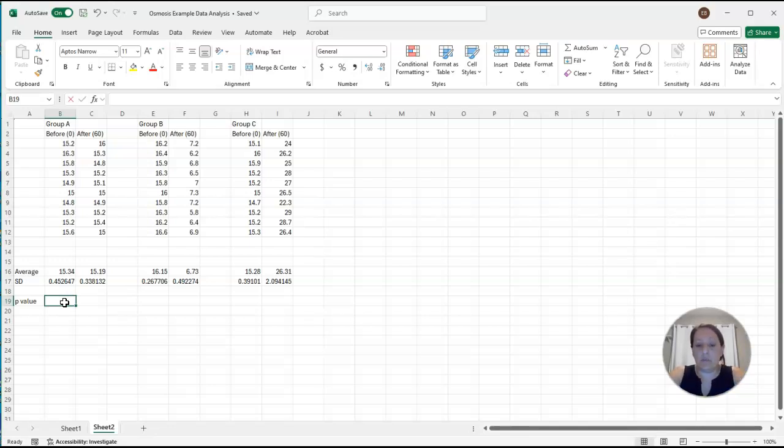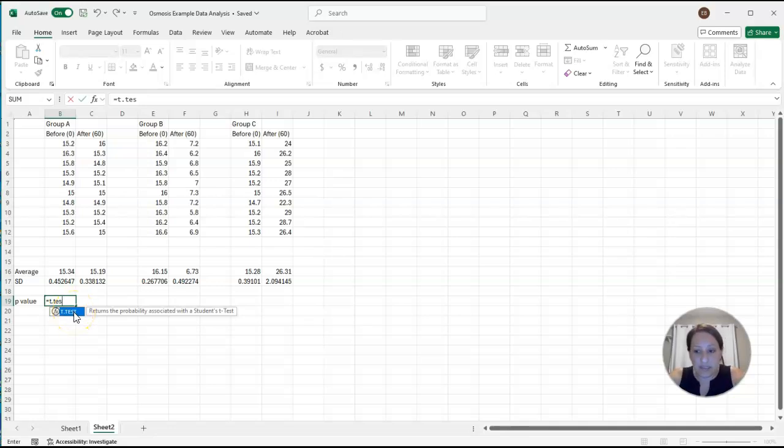So here we go, equals T.TEST. Okay, so again, without using the Data Analysis ToolPak, which you could use, or you could just use this formula. Okay, so this pops up and it says, okay, I'll do a t-test of what? So it says array 1. So this is saying, give me the first set of data. And so I want a t-test done on this data, this data. So this is the data that I'm comparing in my first t-test, before and after data for group